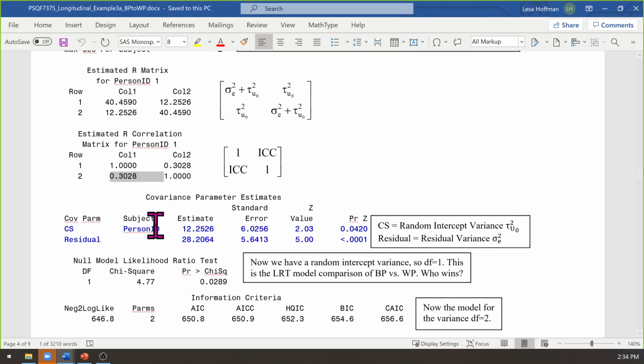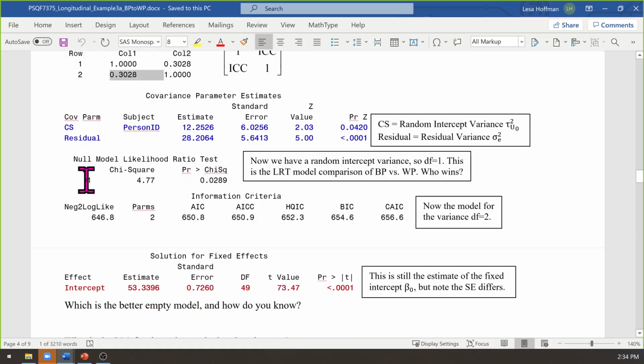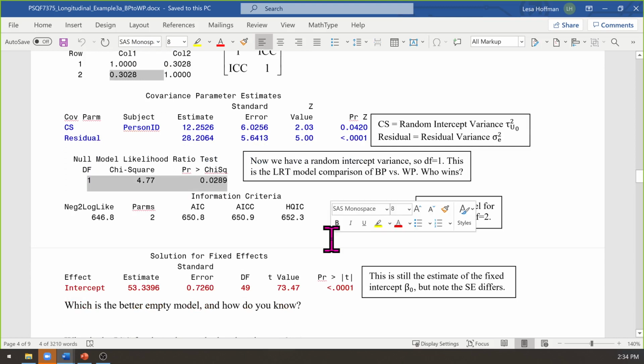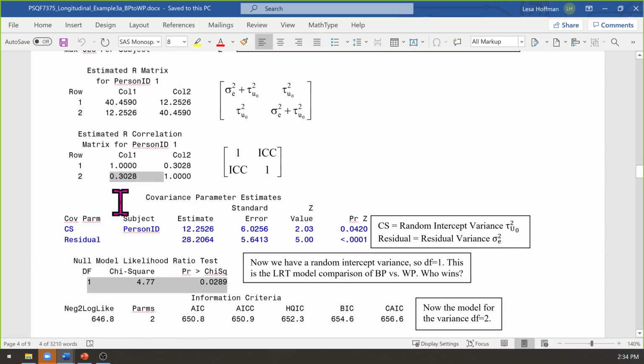And I know that it ain't zero because I actually get a hypothesis test built in for that. So we will talk more about this next time, but this is a likelihood ratio test. It is the difference in -2 log likelihood for the previous model relative to this one. And that is how we test whether or not we need variance terms or covariance terms in the model for the variance. We will talk more about that next time. But you can probably eyeball it though and go, yeah, I think 0.3 is probably not zero.